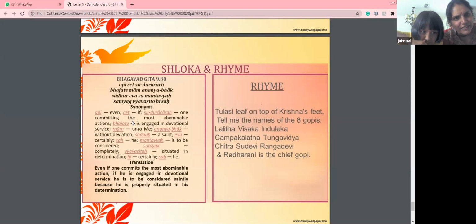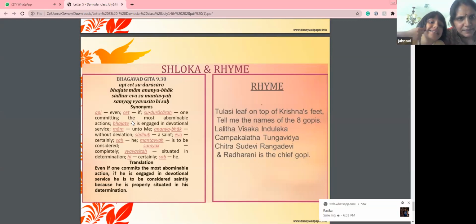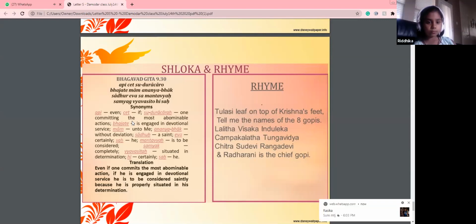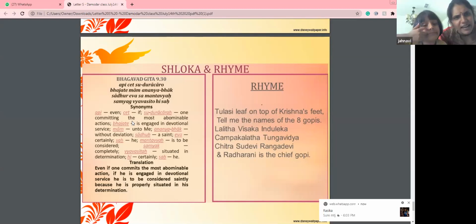Thank you. I saw someone here. I think, one second, Mataji. Ridhika, do you want to try? Do you want to try anything? Do you want to say 7 mothers, a shloka, a rhyme? I know who the real mother is. Our real mother is Radha.